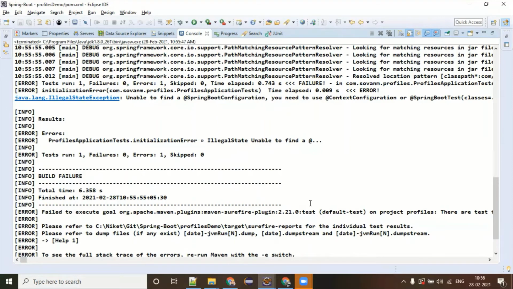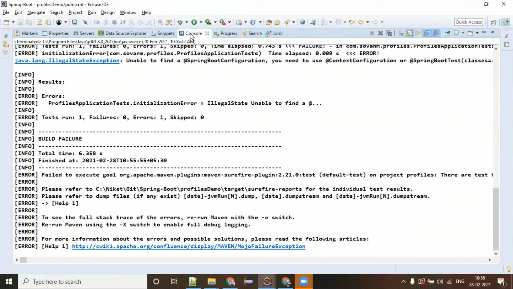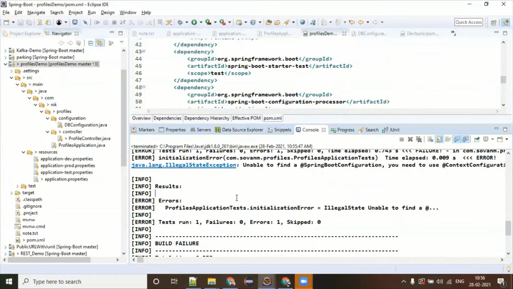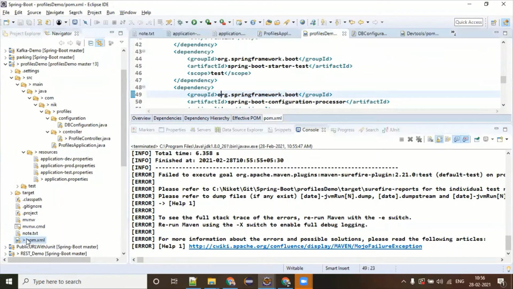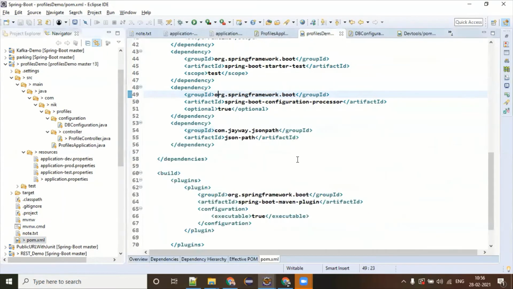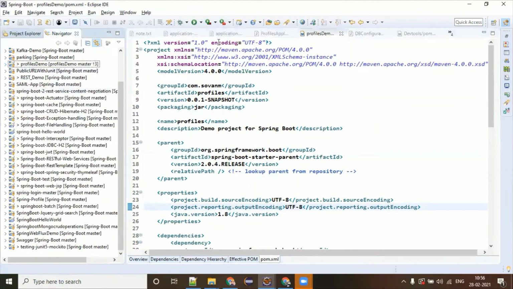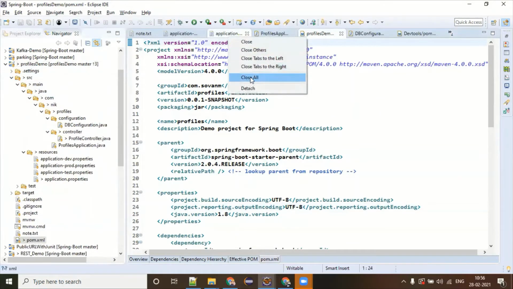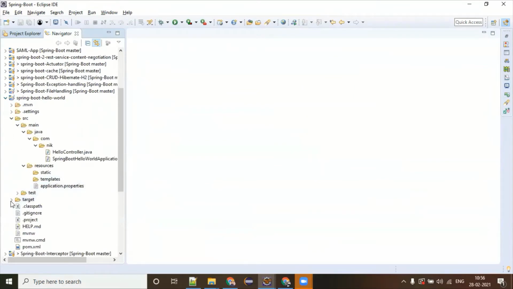Unable to find remote configuration. Okay, why don't we figure it out offline. I will let you know next class why it is not generating, and I will also tell you what configuration I have added. Packaging is jar, that is the default one, so you don't need to do any additional things on top of whatever application has been downloaded from Spring IO. The moment you say it is a jar, it should come automatically. This is the expectation.